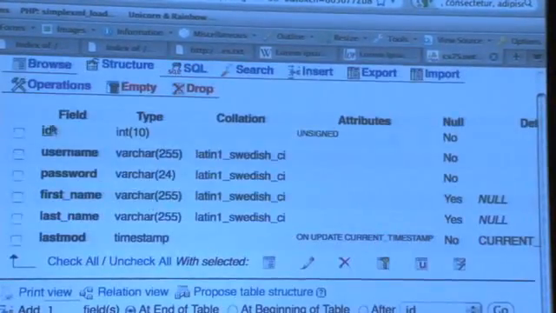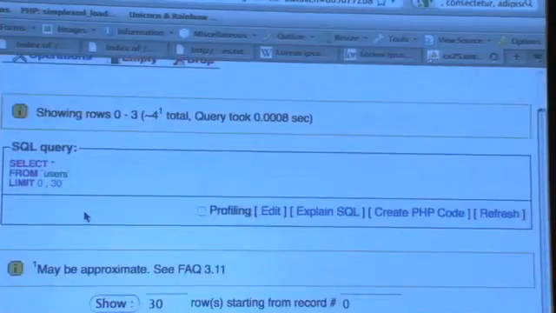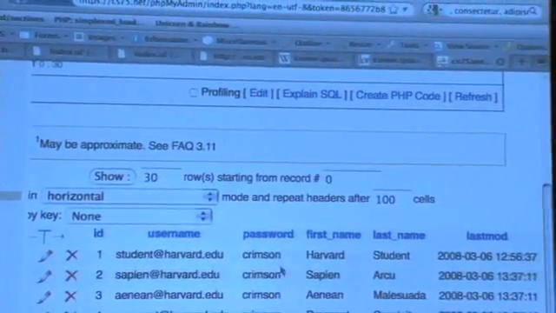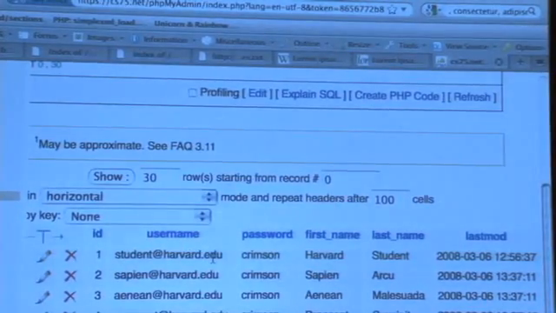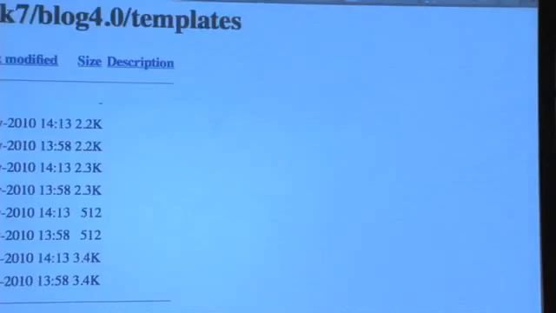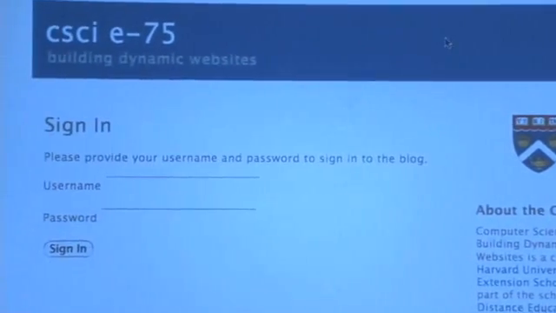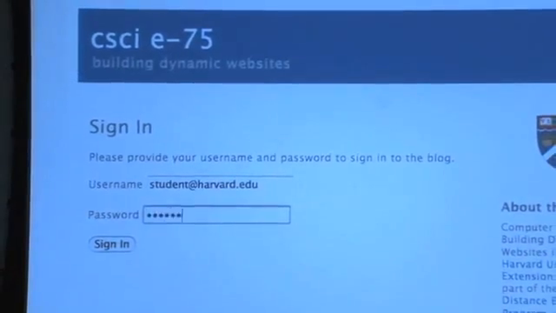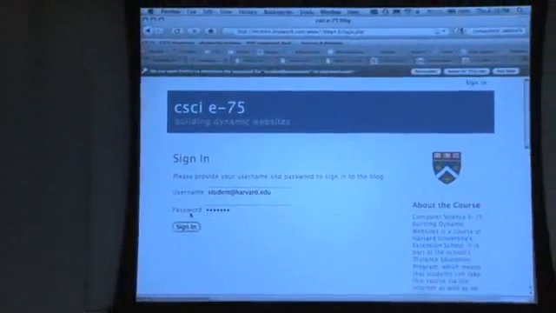So it's just a bunch of things. So let's browse the actual table, and there are a bunch of usernames and passwords here. So let's sign in as student@harvard.edu and the password Crimson. I'm going to hit sign in. Provide your username and password. So, Crimson, hit sign in,